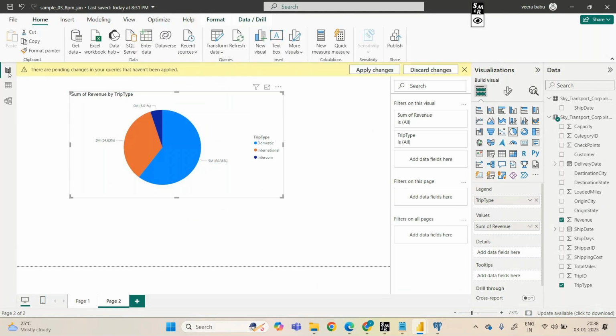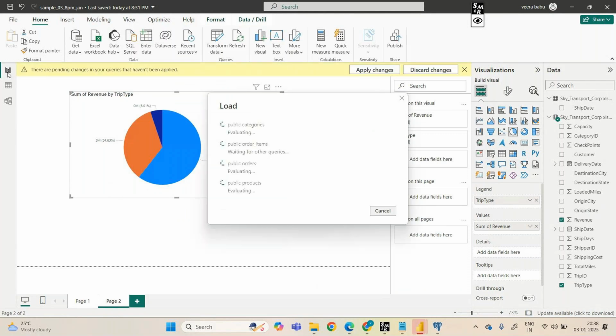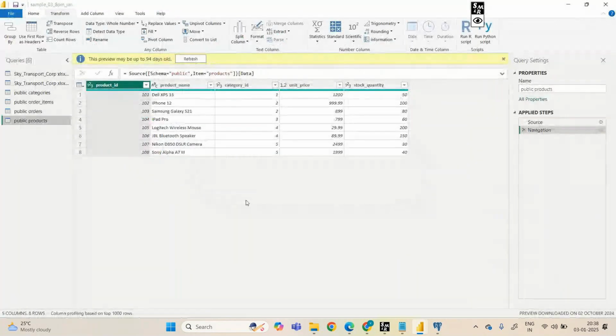If I go here, okay, see here, these all tables you can see once again.